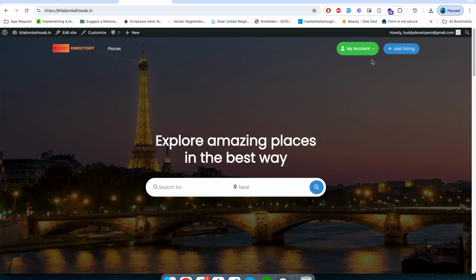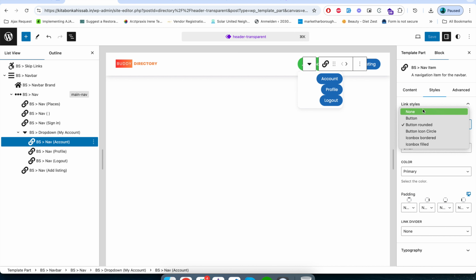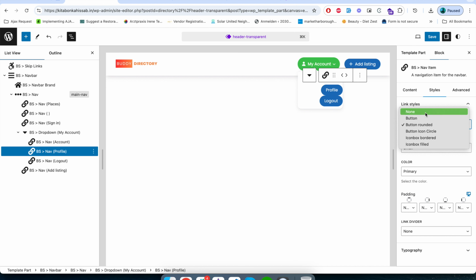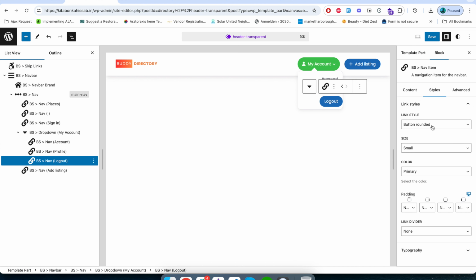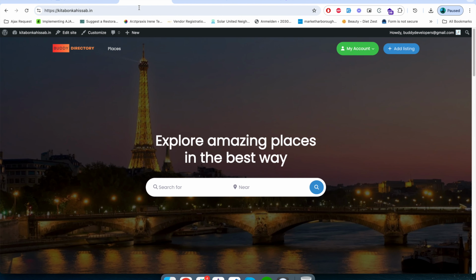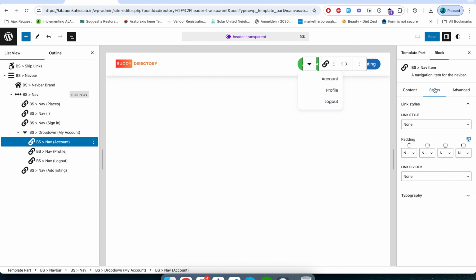Okay, now we will do some changes in the inner items. So for that I will go here in the style section, I will make it none, and same goes for this, none, and here also I will make it none. And now just save it and have a look. So there you go, you see it is looking all right, but we need this icon and this text to be center aligned. So for that again I will have to go here to the style